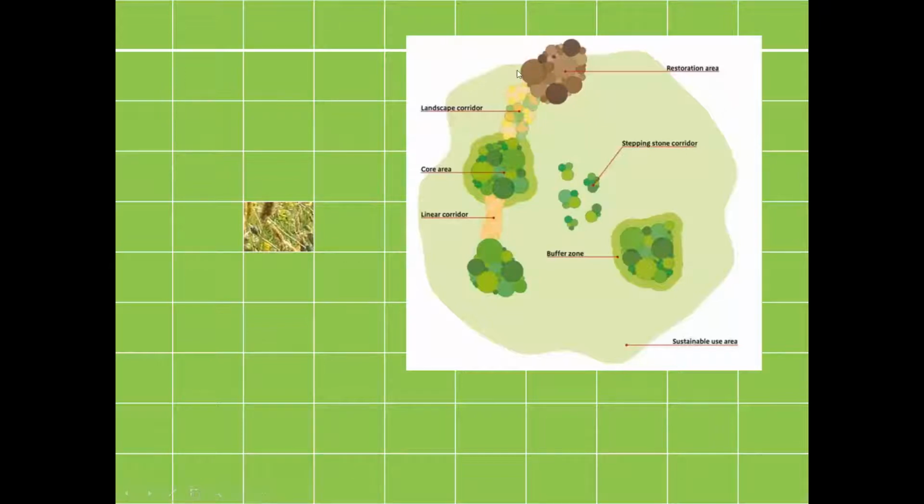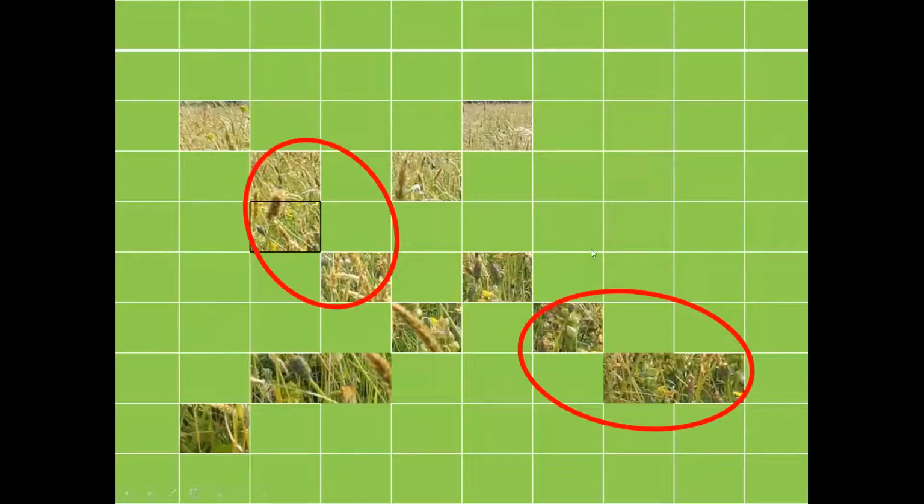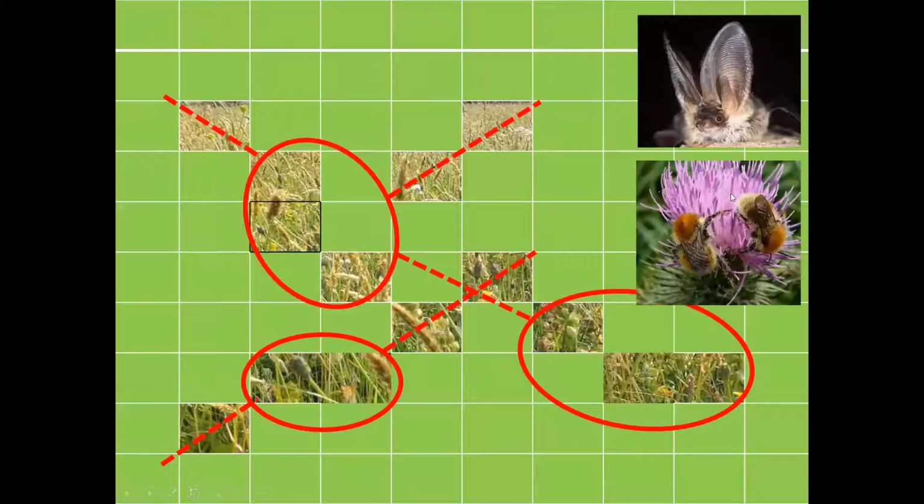But we have some advice from our good friend that many of you will have heard of, Professor John Lawton, that gives us advice on creating a range of different features through our landscape and using existing sites as core areas to spread this out. And we can do that by creating patches that are linked across our landscape, creating a set of core areas and other restoration areas where potentially there weren't any grasslands there before. But importantly, we need to link them up, so that different species can move through that landscape.